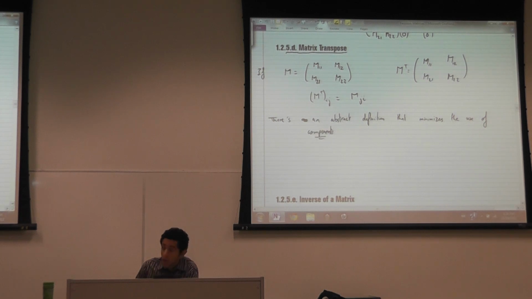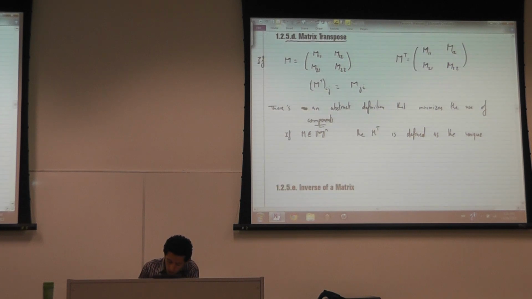And this abstract definition is, if M is a matrix n by n, then M transpose is defined as the unique matrix satisfying